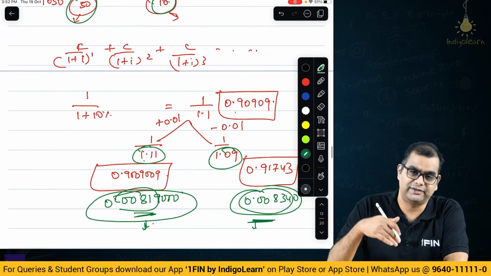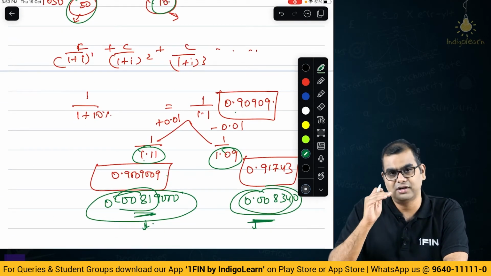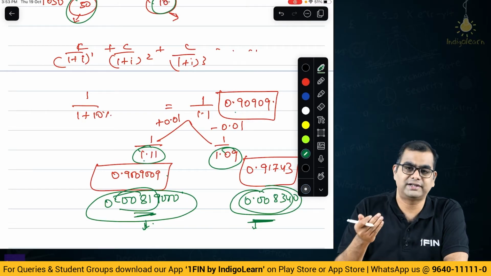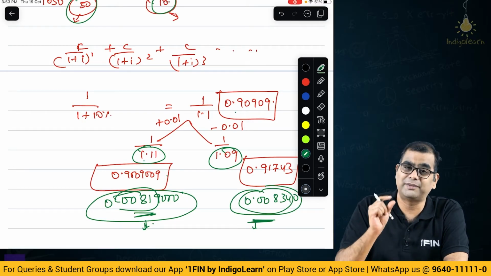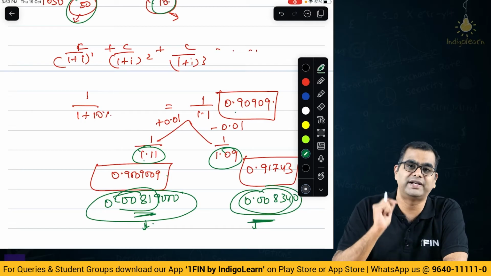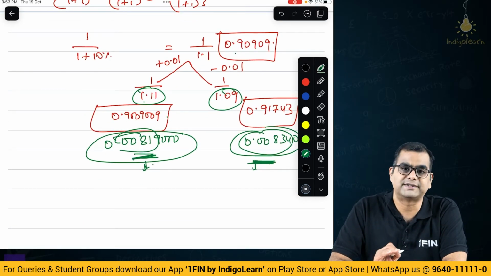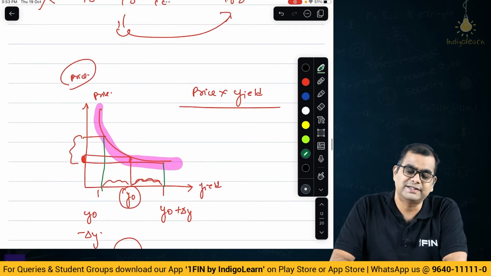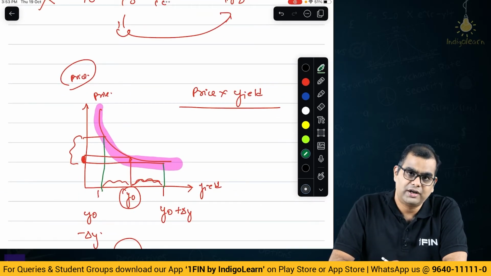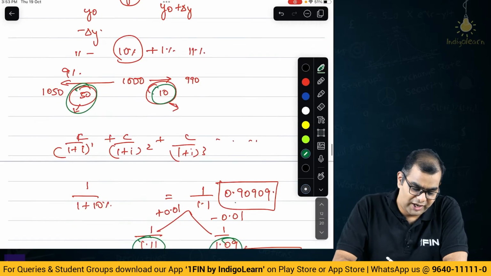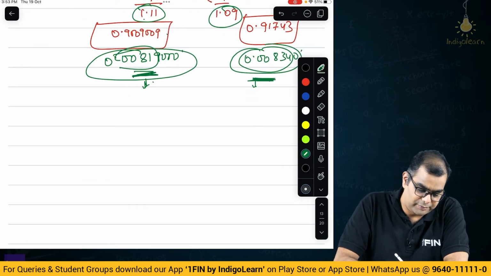One is the fact that when you add interest rate, the price is different. When you subtract interest rate, price is different. Price is obviously different, but the change in price is very different, right? So, there is a very different change in the price. So, what it means is,